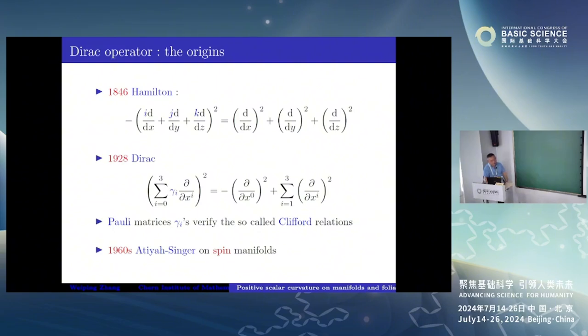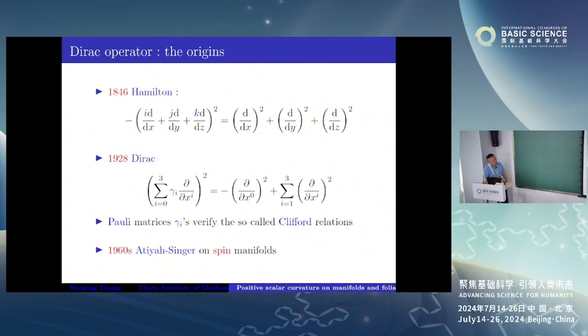In one of his papers, he already wrote out this explicit formula where a first order operator squared equals the Laplacian, and he claimed that such a formula would be important in mathematics or physics, which turns out to be very correct, because many years later, Dirac